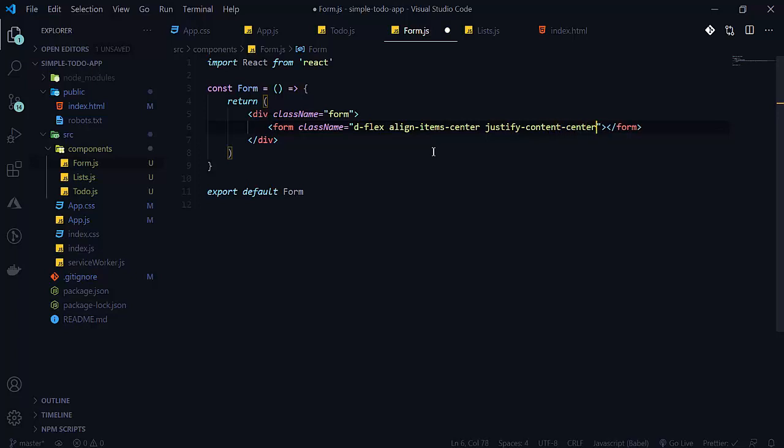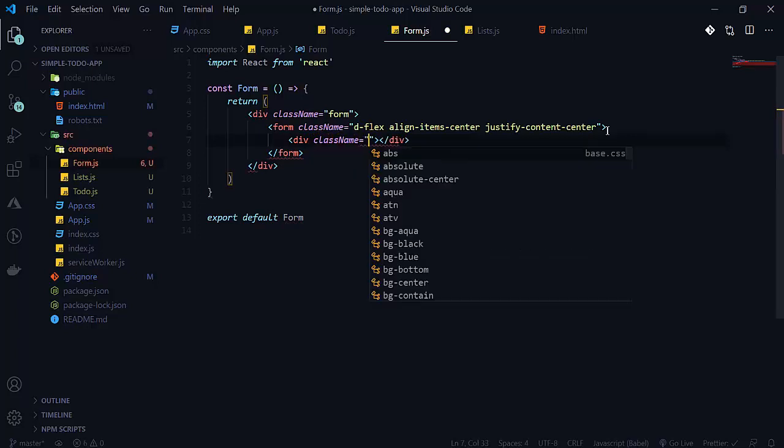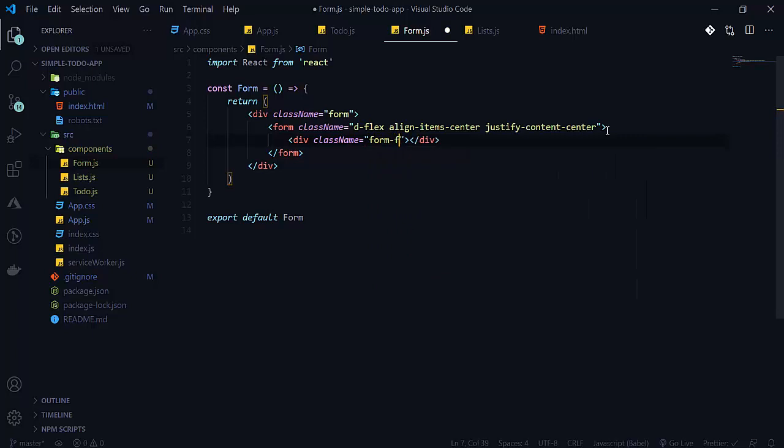Here we will create two forms. First of all, let's write div. The class name will be form control, not form control, here will be form group. So we will create a form group.